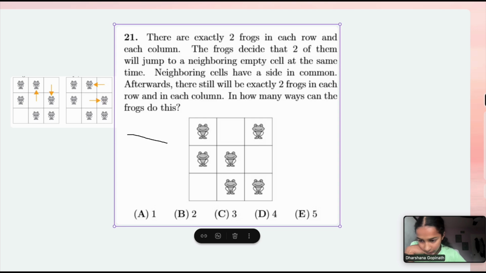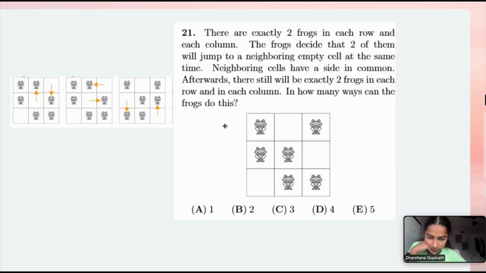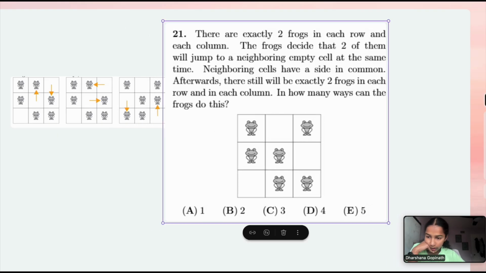And then another possibility is this frog moves here and this frog moves here, as shown in this drawing. And then our last possibility is this one moves here and this one moves here, as shown